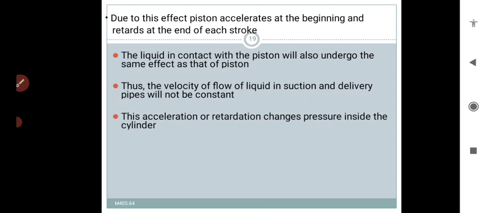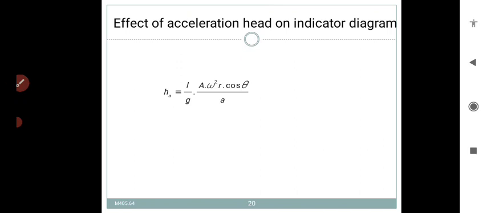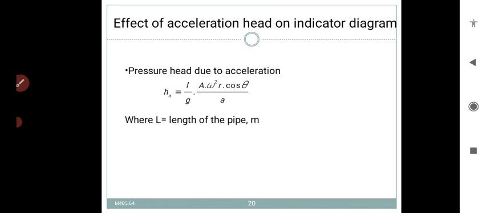This acceleration or retardation changes pressure inside the cylinder. These are the equations for the effect of acceleration head on the indicator diagram. Pressure head due to acceleration HA is equal to (L/g) into (A/a) ω² cos θ,